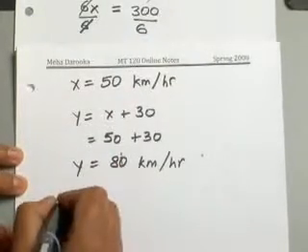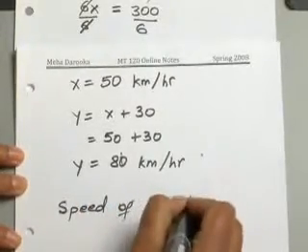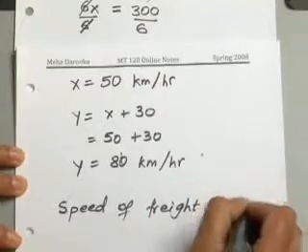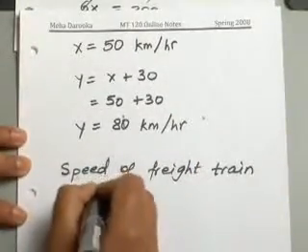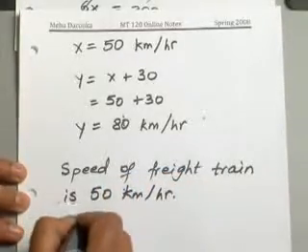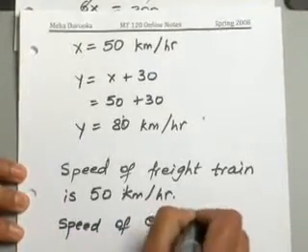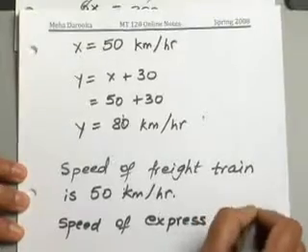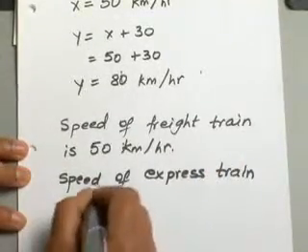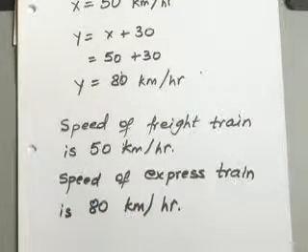So the speed of the freight train, and that's the slower one, remember, 50 kilometers per hour, and express being the faster one, its speed is going to be 80 kilometers per hour. Okay, so I've given you a good set of examples here, all different types of examples,